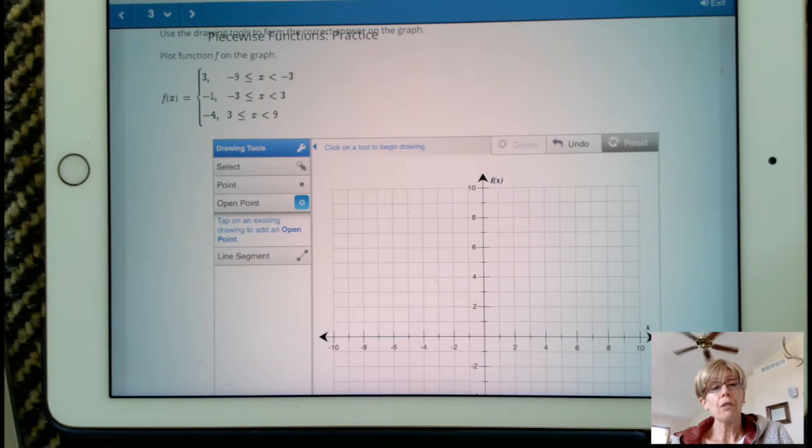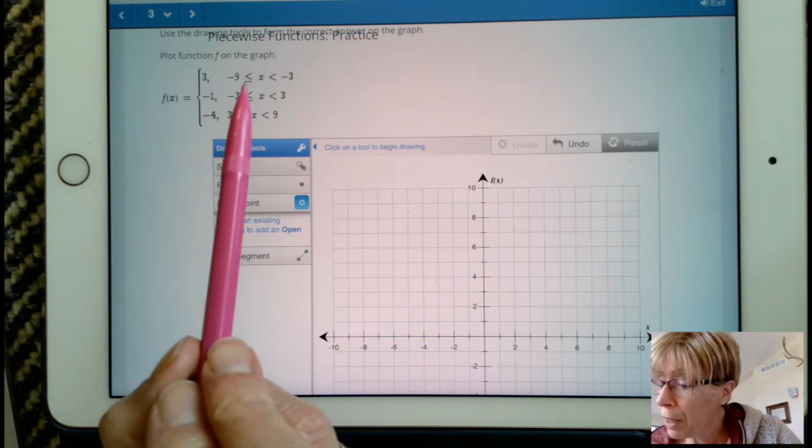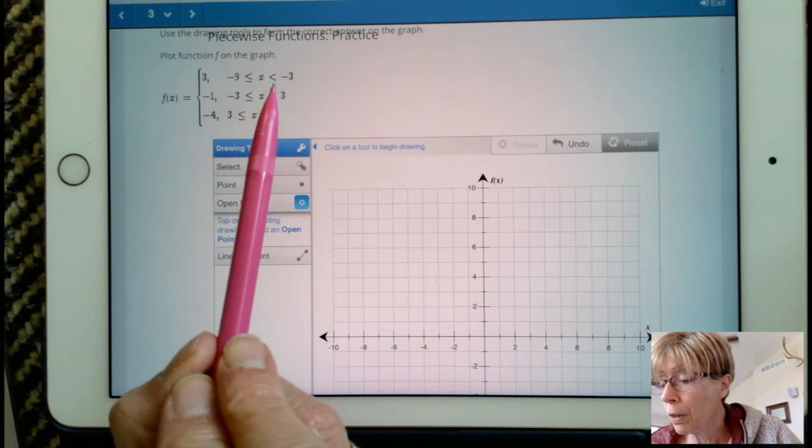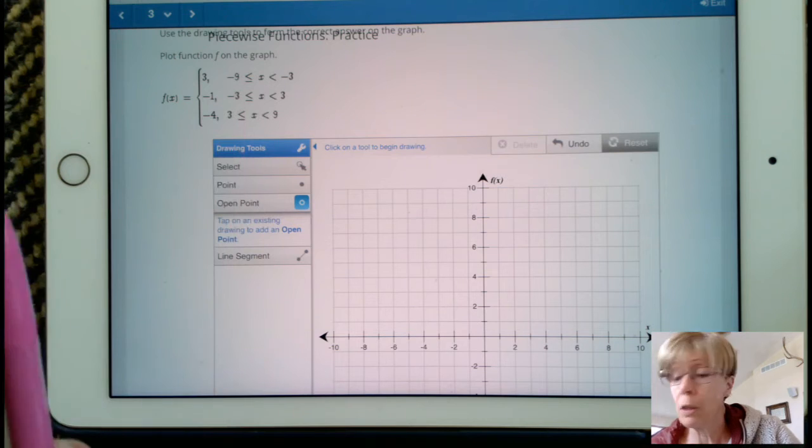We are going to plot the function f on the graph. Nice thing is that f of x equals 3, f of x equals -1, f of x equals -4. So really specifically what we need to be a little bit more careful about is when we have an open circle and when we have a closed circle. And just a reminder that when there's an equals, we're going to have a closed circle. And when there's not, and again, f of x equals 3 is the same thing as